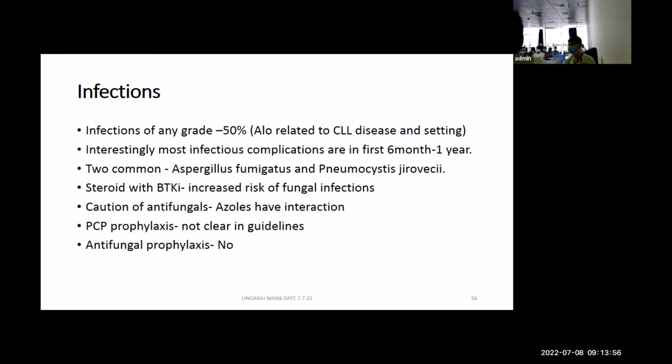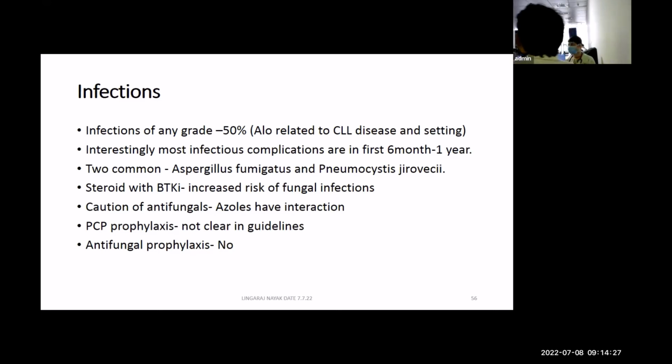Infections are a concern in CLL per se, and ibrutinib also leads to immunosuppression and more infection, almost 50%. And the reason is not completely related to ibrutinib, it is also because of the disease. Because when you start treatment of CLL with ibrutinib, the disease is just diagnosed, and their immune dysfunction is quite new, right? To settle it will take time. So during that time, if you have a drug which itself has immunosuppressing property, it will add to that insult, and the infection complication rates are high.